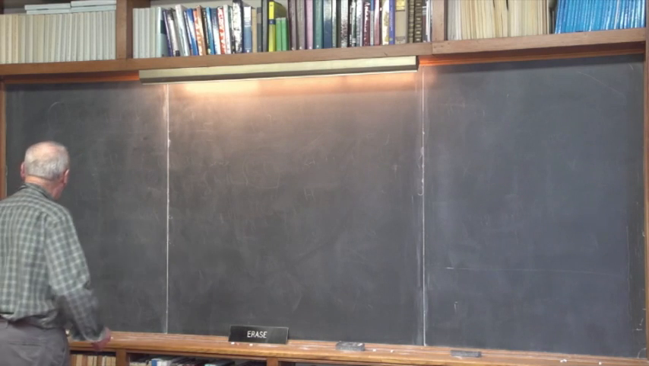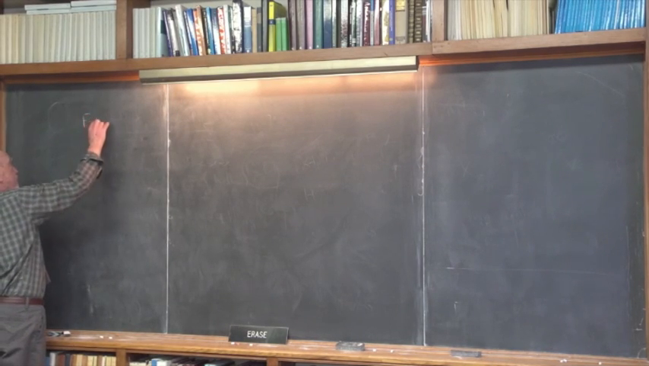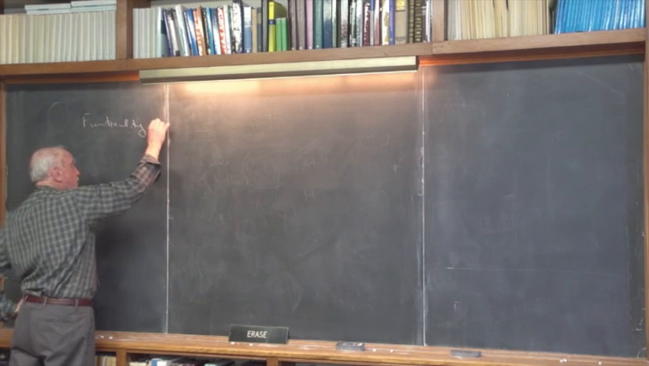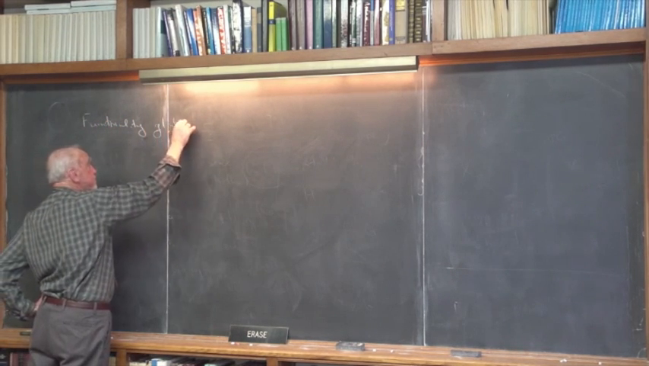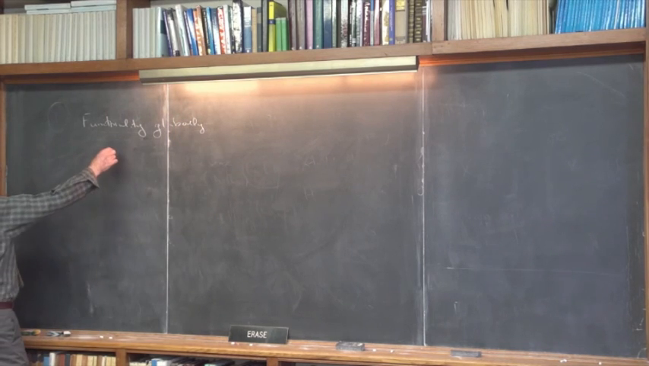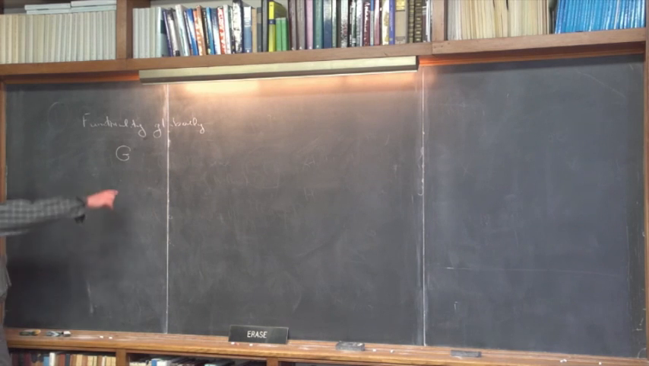All right. Now we want to prove functoriality globally. What does that mean? That means if we have a global group G, and we're looking at the automorphic forms for G,